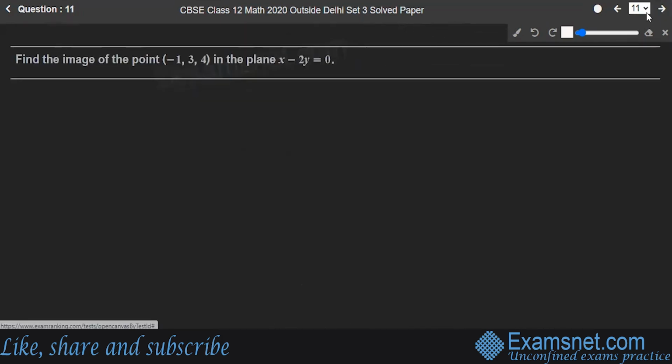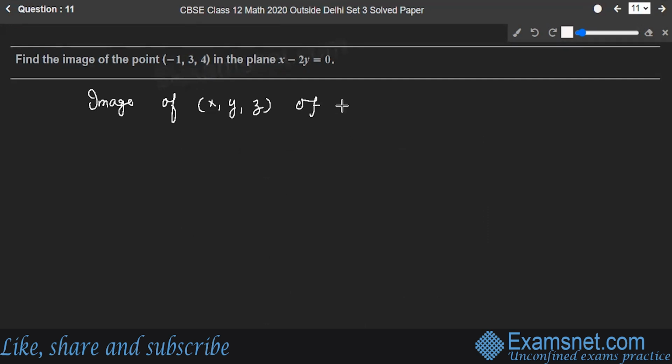The last question for this set, question number 11. You have to find the image of the point on this given plane. Fine. Let's talk about the general formula. We know that the image of x, y, z of point x1, y1 and z1